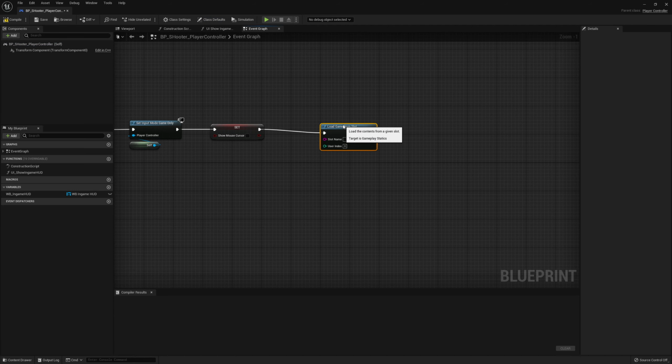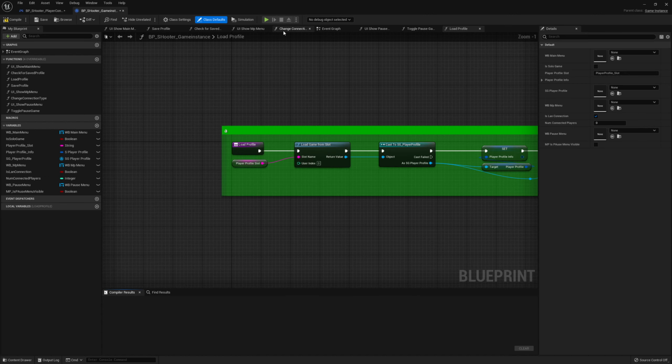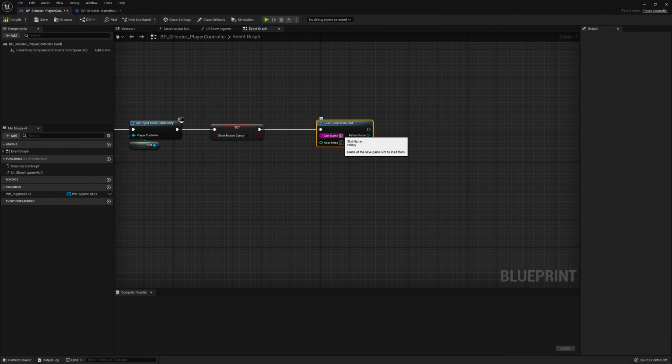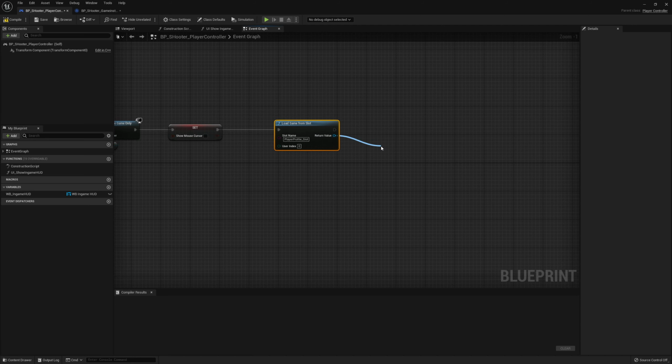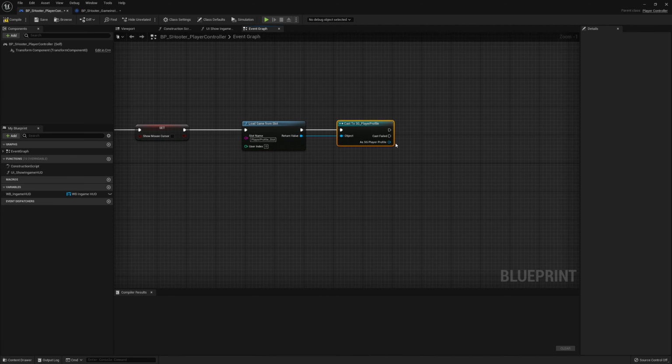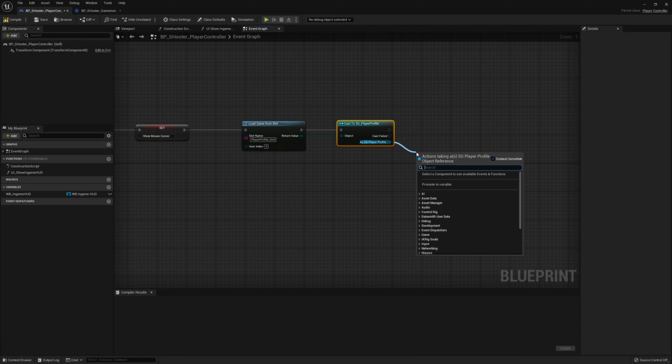So again, we want to make sure that we use the same slot name as we started out with in the game instance. So let's grab the slot name from here, copy and paste it. And from this save game object, we can cast it to our player profile save game object, and from here we can get our player profile structure. So get player profile struct,